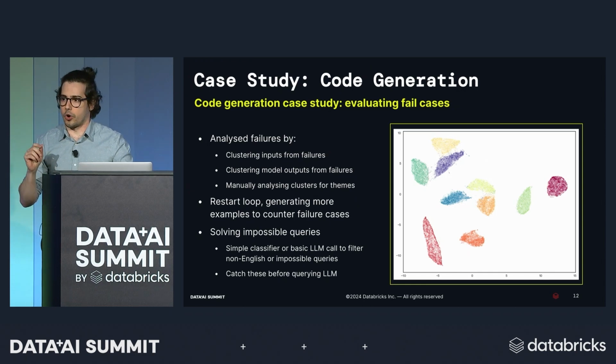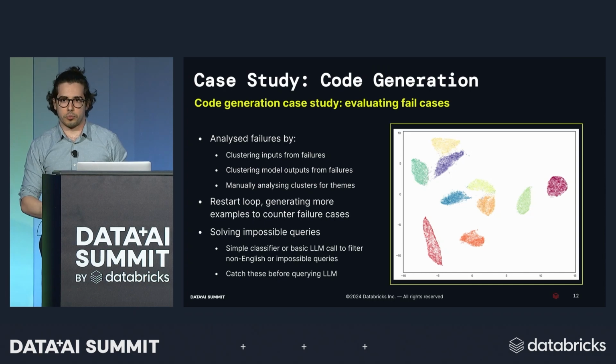Output theme clusters were often themes where the model is consistently hallucinating. So in our code generation example, we found that commonly the model was outputting functions which did not exist, but did exist in a very, very similar language that must have been a part of the pre-training set. So based on this analysis on the inputs and outputs, we can start to identify points on where's the